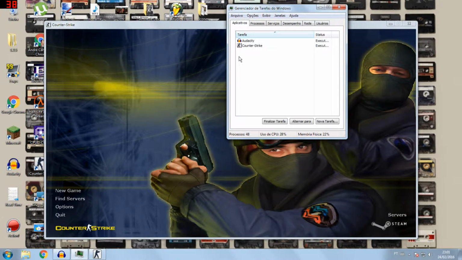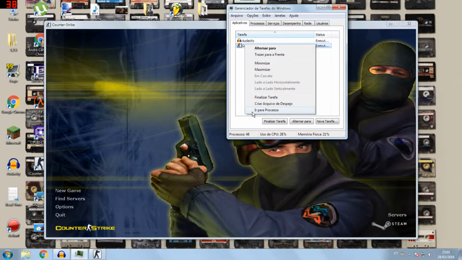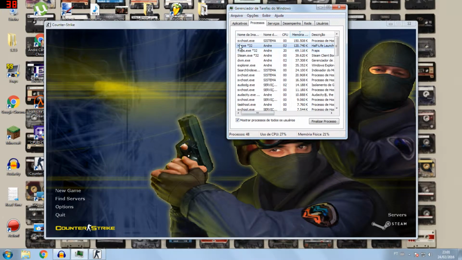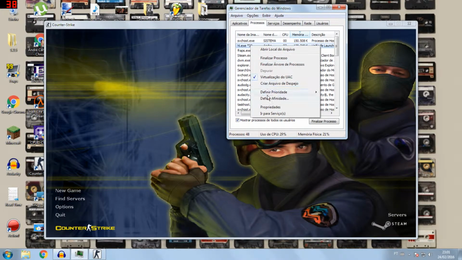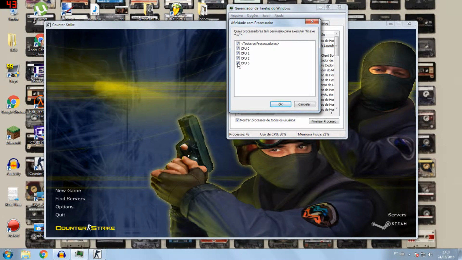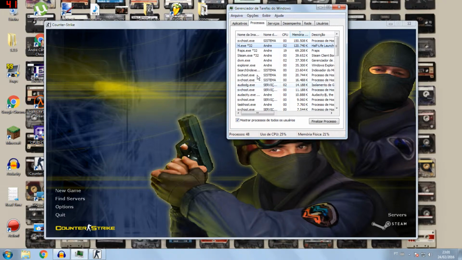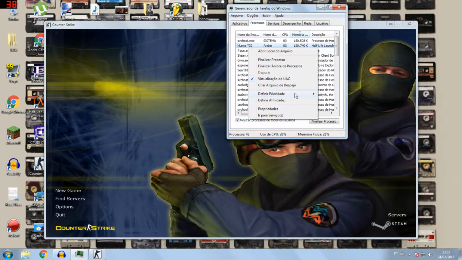If you don't know the name of the process of the game you are running, you can go here on Applications in the Task Manager, right click on it, and go to Process. Then it'll select automatically the process of the game. Right click on it, set affinity, and then you unmark the last thread because this is where Fraps code is going to be running. Give it OK, and you set the priority to high,